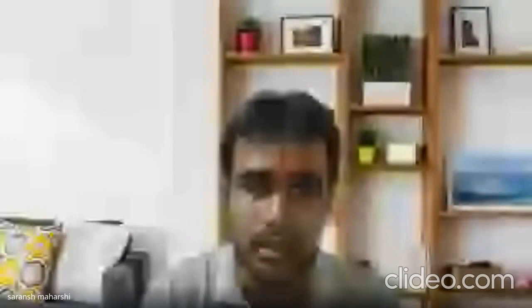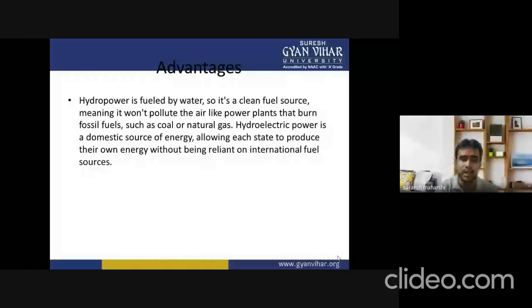First of all, we will discuss the environment. Second is contamination, and third is advantages. Hydropower is fueled by water, so it is a clean fuel source, meaning it won't pollute the air like power plants that burn fossil fuels such as coal or natural gas. A hydroelectric power plant is a domestic source of energy, allowing each state to produce its own energy without being reliant